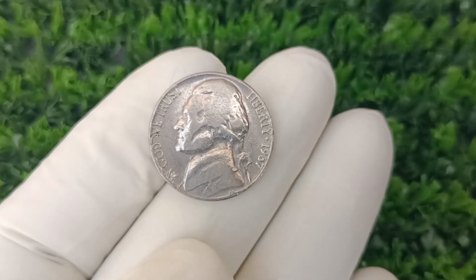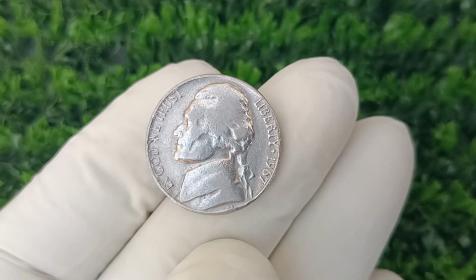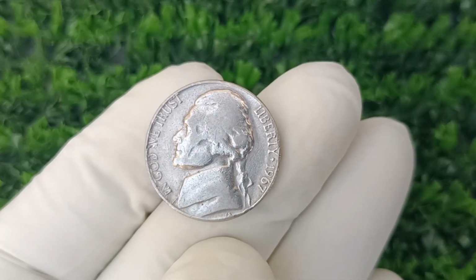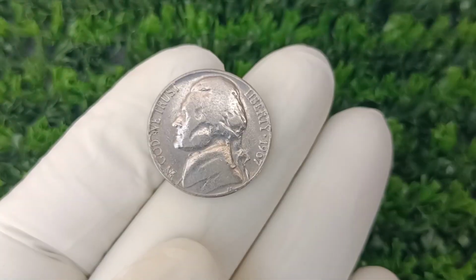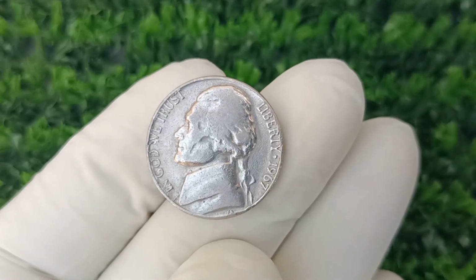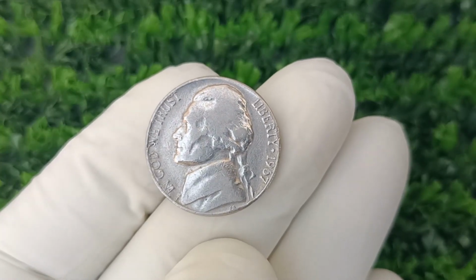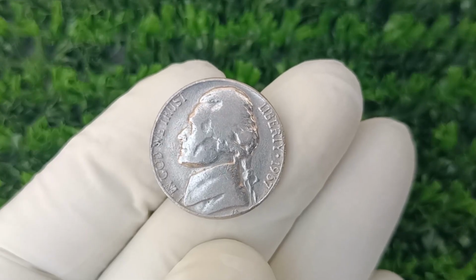Next up is the 1967 Monticello Jefferson nickel, a coin with no mint mark that has gained attention in recent years for its rarity and good condition. While millions of these coins were produced, finding one in decent shape today is a real challenge. Let's dive into what makes the 1967 Jefferson nickel special and why collectors are eager to add it to their